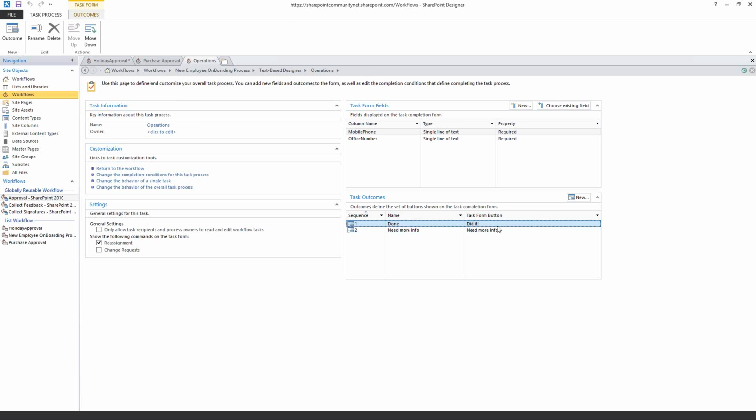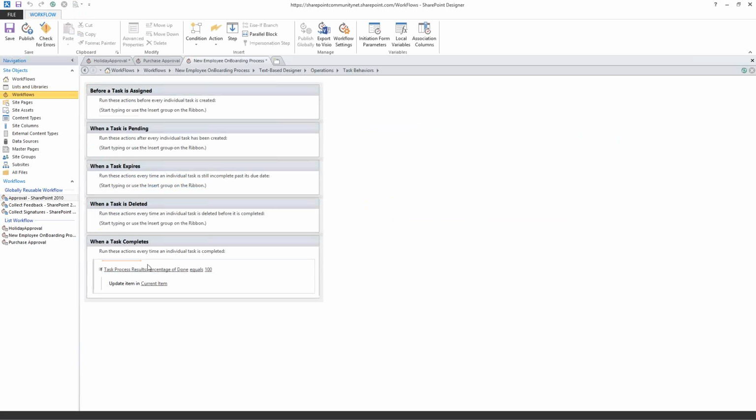So for example, instead of approve or reject, I can rename it and say done or finished. So I can change what people see when they accept the task, when they're done with it, because it's not always an approve or reject. That makes no sense in this scenario, at least. So you can easily modify that as well. And in the background, I have two required variables again, and when the workflow is done, I just update the